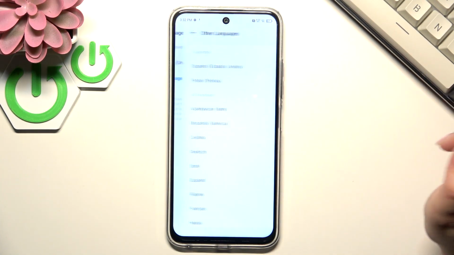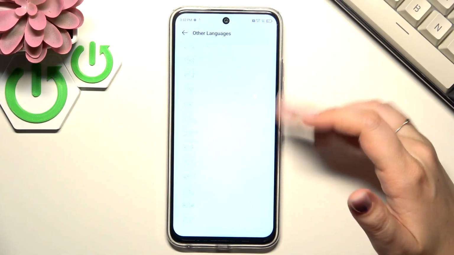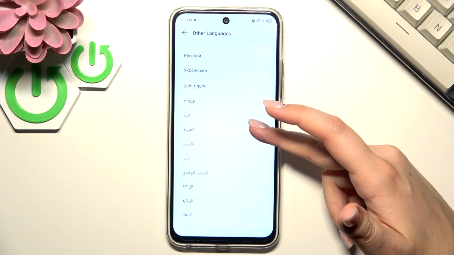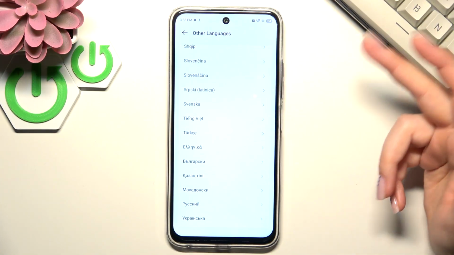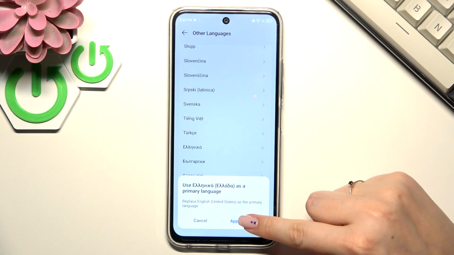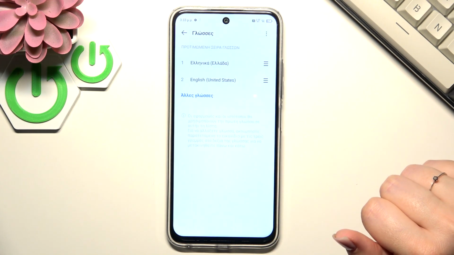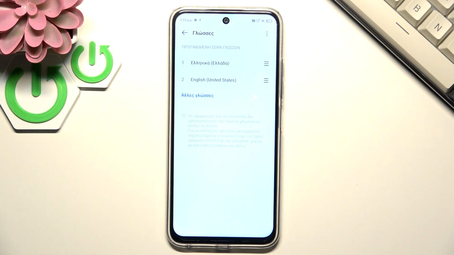Now we have to tap on other languages, and as you can see, this is the list of all available languages from which we can choose. So simply find yours and then tap on it. Tap on apply language. And as you can see, after getting back, the whole system will be displayed in the